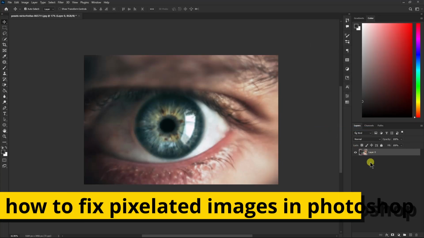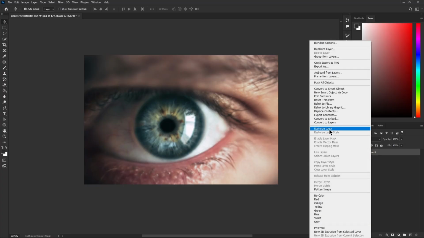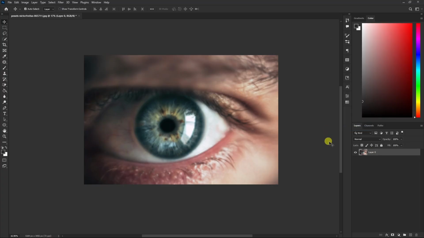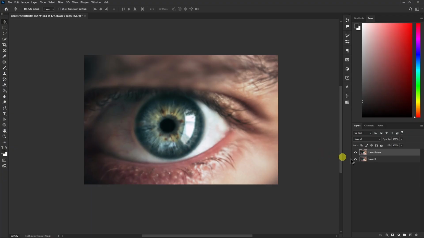In this quick video, I'm gonna show you how to fix pixelated images in Photoshop. First of all, select your image, then right click on it and convert it to rasterized layer. Now what we need to do, press Ctrl or Command J on your keyboard to create a duplicate layer like